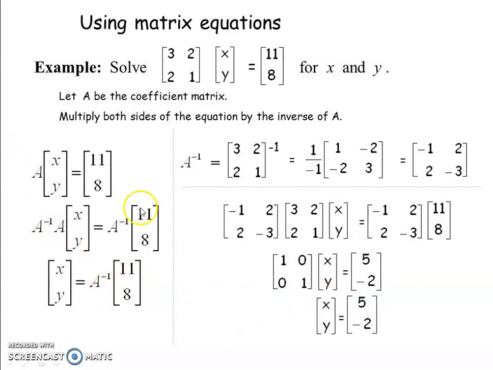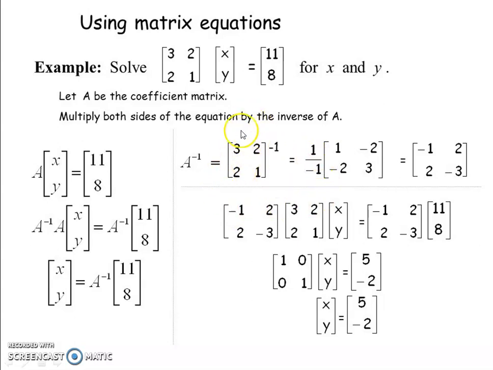First we have to find A inverse. A inverse is not directly defined. For A inverse we need 1 upon determinant of A into adjoint of A. For the determinant value, 3 into 1 is 3, 2 into 2 it is minus 4. So minus 4 plus 3 is minus 1. So the determinant of the given matrix is minus 1, so 1 upon minus 1.